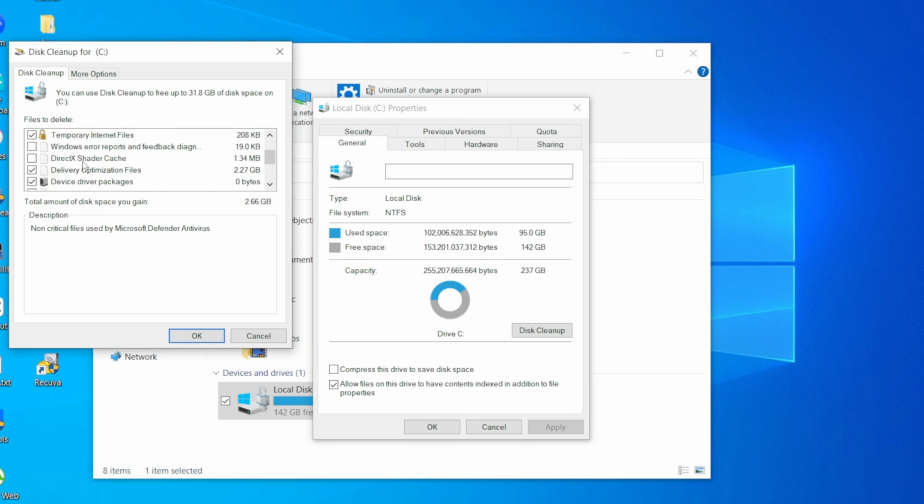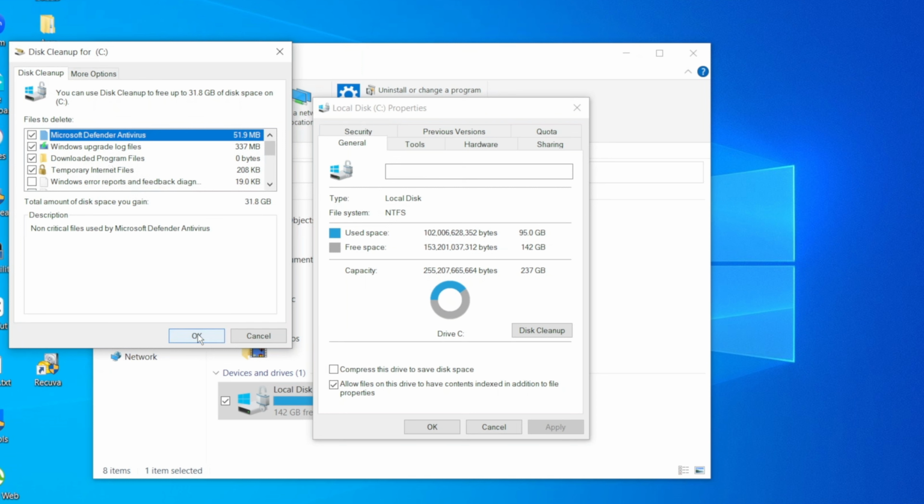I'm going to go down and click on this one, previous Windows installation. I actually reinstalled my Windows 10. So if you just installed your Windows 10, you should probably make sure you delete this file. I think this is pretty much everything right now. Everything was around a total of 31 gigabytes. In your case, it might be more.